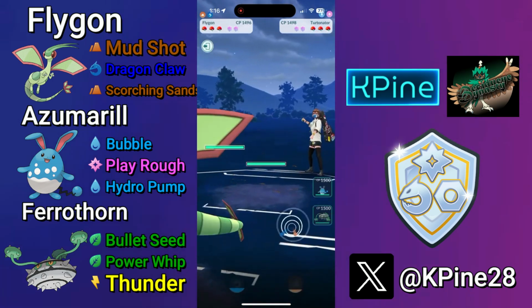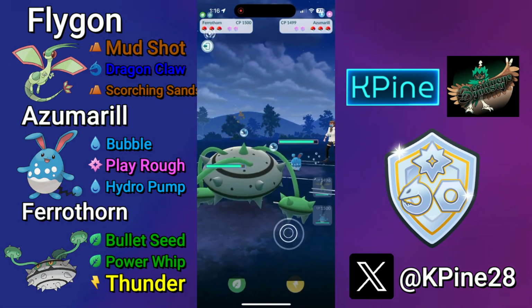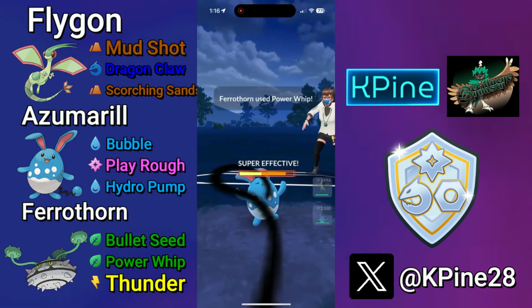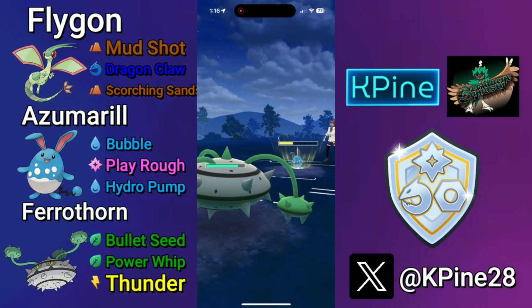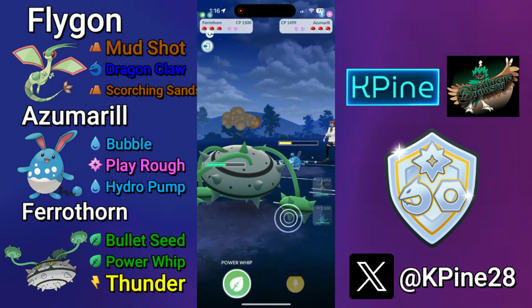Next battle, Flygon into another Turtonator. See what they're gonna do, and just like clockwork, they swap into that Azu. So like I mentioned in the previous battle, you want to throw this Power Whip right away. So you want to throw first and not let the Azu throw first for the chance for them to deny you a Bullet Seed. And this match actually occurred before my last match, so you'll see me load up all